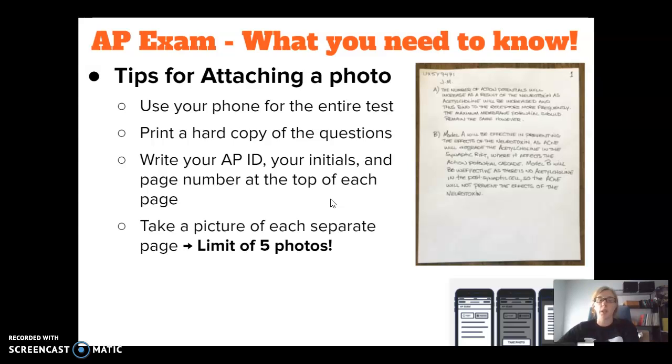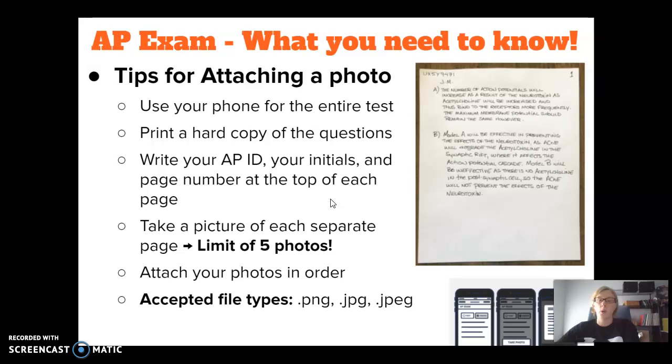So there's going to be a limit of 5 photos, but you're going to upload each page or each photo separately. Ideally, you would do those in order, and the acceptable file types are PNG, JPEG, JPG, or JPEG. No PDF in this option, and no HEIF. So if you have a new iPhone,